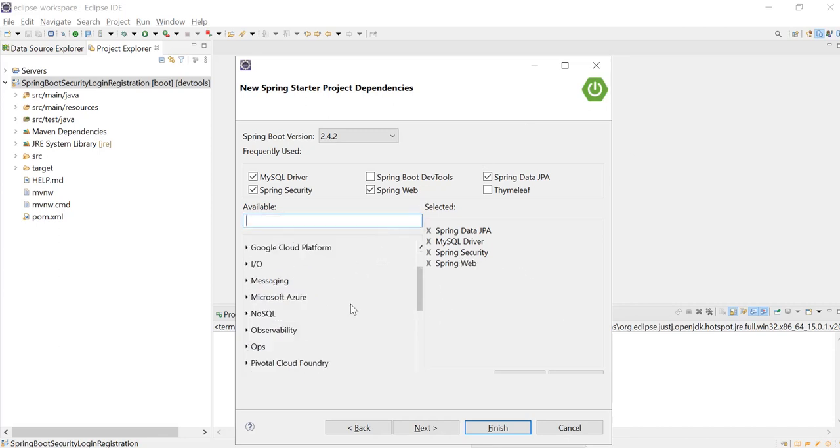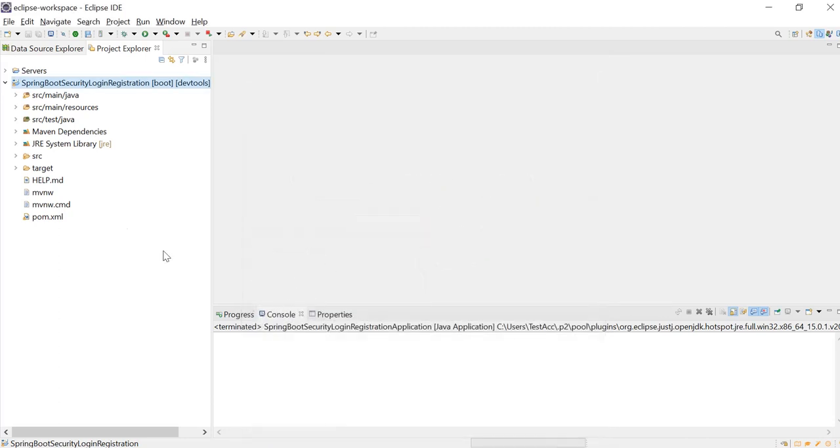These are all the available dependencies we need. Then you have to click finish, and it will build automatically.